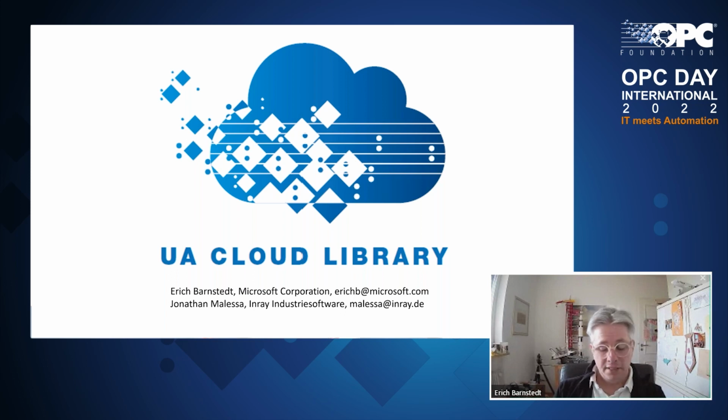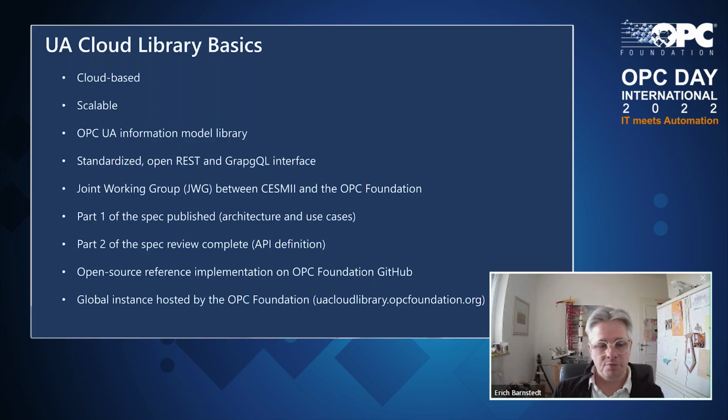Thank you, Stefan. Yeah, it is actually the world's largest information store of information models, of digital twins, whatever you want to call them. So let's talk about the Cloud Library, where it came from, why we need it, and its adoption today. So the basics, it's a cloud-based library. It's very scalable. It runs on any cloud. It's cloud independent. In the working group, we had representatives from Google, Amazon, Microsoft,